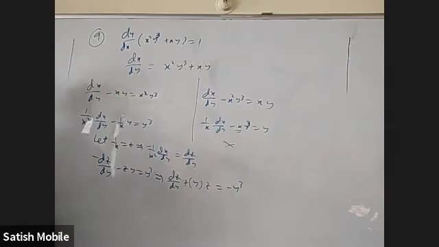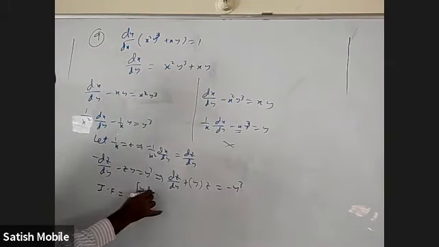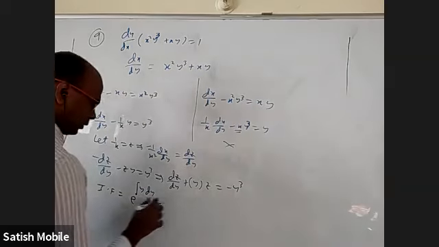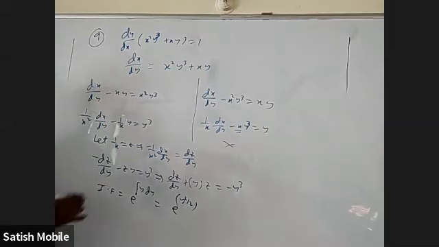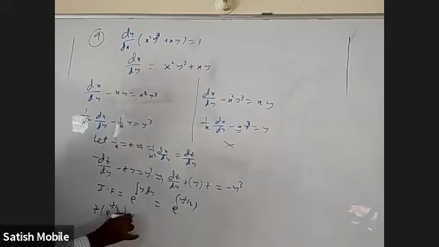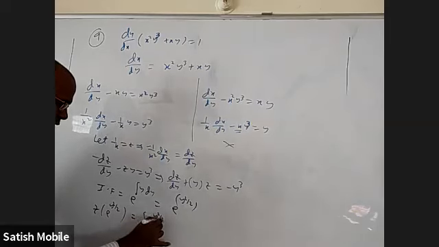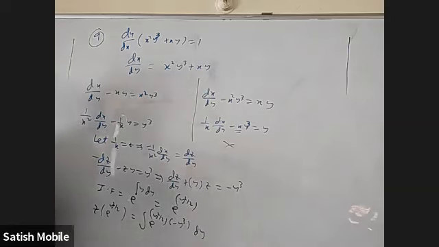So integration factor is e power integral y dy, that is e power y square by 2. So you are going to get z into e power y square by 2 equal to integral e power y square by 2 into minus y cube dy. When we finish integration, put z back as 1 by x, we'll get it.